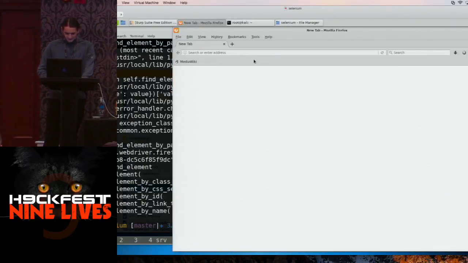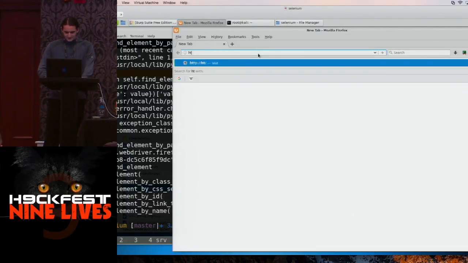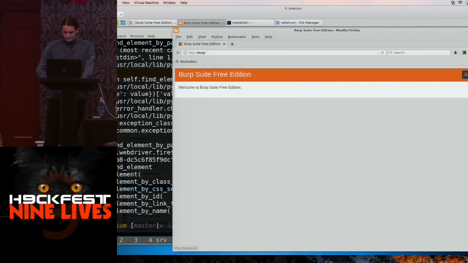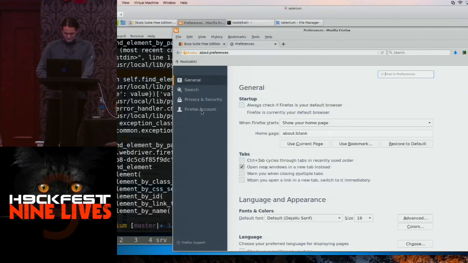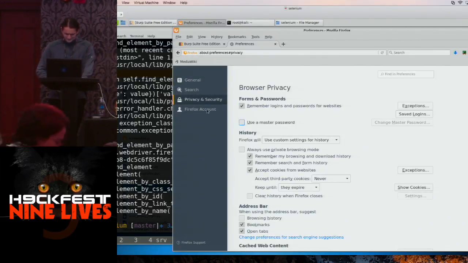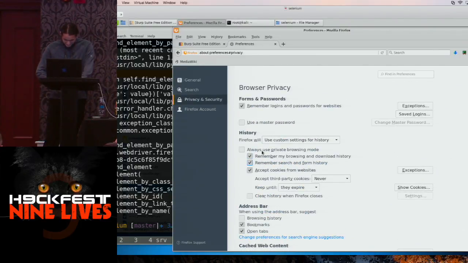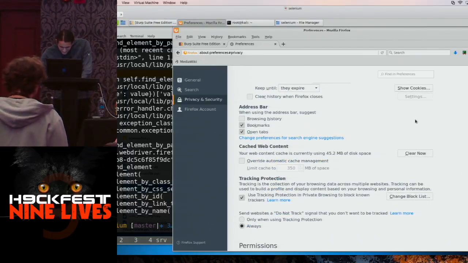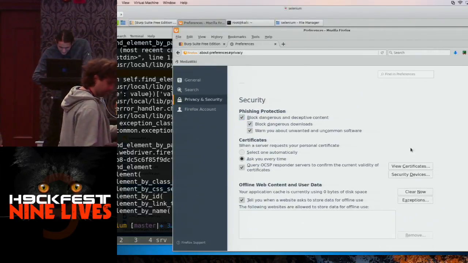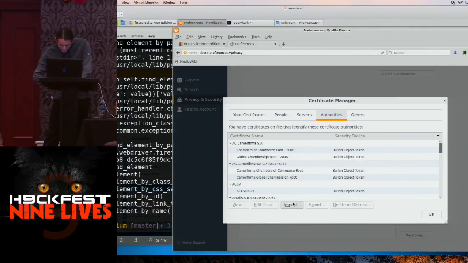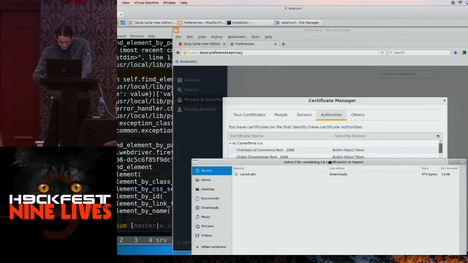Let's go to a browser session and make sure it's hooked up to Burp; I'm using just a one-click proxy setting. Let me go to http://burp. And yeah, we click on CA certificate, get the .der file, preferences. I'm sure you all know how to do this. I don't know why I'm bothering with this. Where did they move it to today? There we go. And yeah, you import a certificate, make sure it's an authority and not a certificate, because of the way